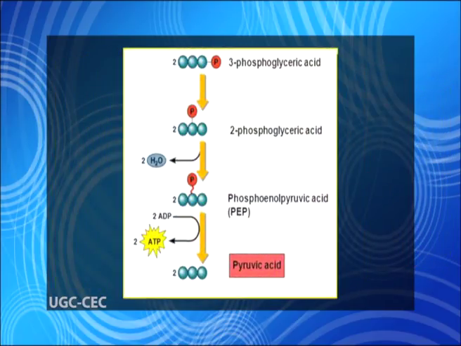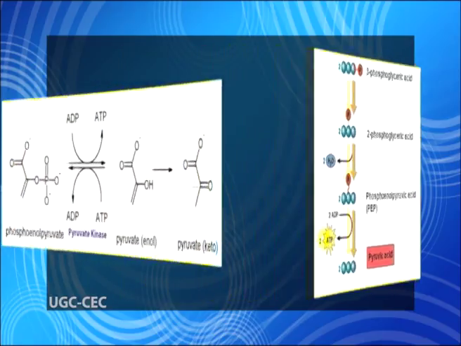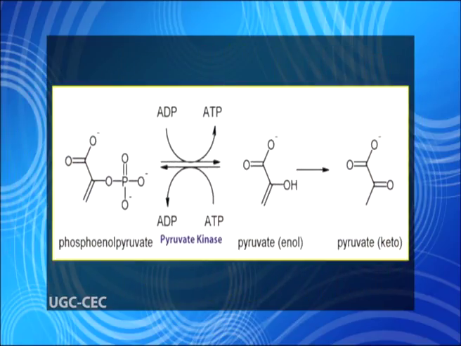Glyceric acid 2-phosphate loses water and gets converted into phosphoenol pyruvic acid. Phosphoenol pyruvic acid loses phosphate to ADP, which is converted into ATP, and then is converted into enol pyruvic acid. In all, pyruvic acid is unstable and changes into its keto form called ketopyruvic acid, which is the end product